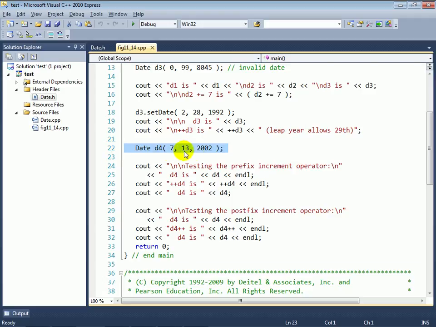So if I have July 13th, 2002 and I add 1 to it here, it's going to become July 14th, and July 14th will be output in line 26. On the other hand, when you have a post increment, it says use the current value, then increment the variable. So when I do line 31, D4, which will now be July 14th, will be output. Then I will increment it to make it the 15th, and I won't see the 15th until this last line